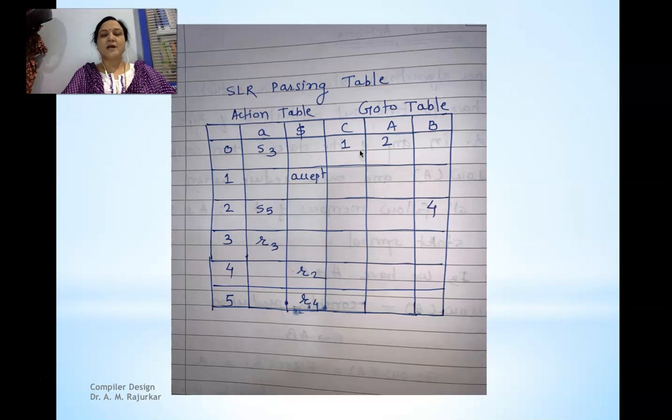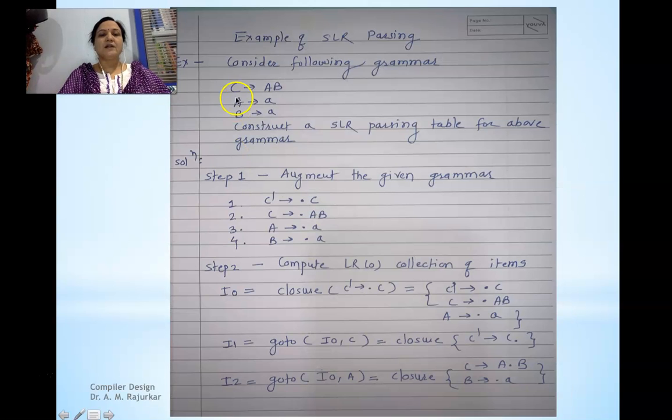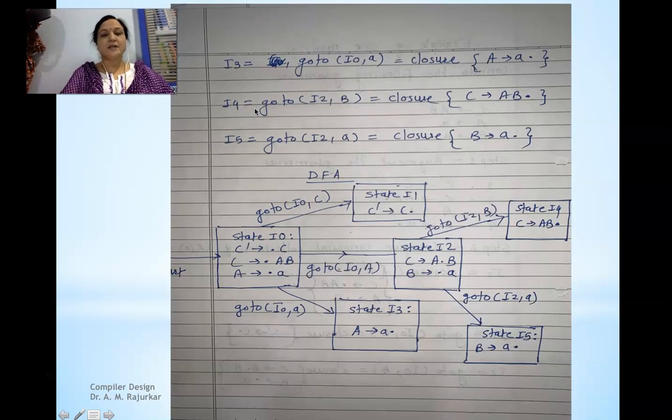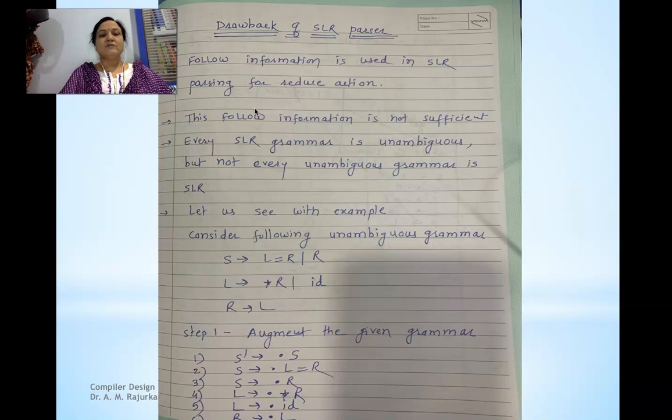So this type of problem will be asked in the exam and you have to construct the SLR parsing table. Now which grammar is called SLR grammar? Where we get a single entry in the parsing table, that grammar is called SLR grammar. If I am getting multiple entries at one location, we say that grammar is not SLR. So by constructing the parsing table and finding one entry at each location in the SLR parsing table, we can prove that the given grammar is SLR grammar, because we could successfully construct the parsing table without multiple entries. So we will stop for today.